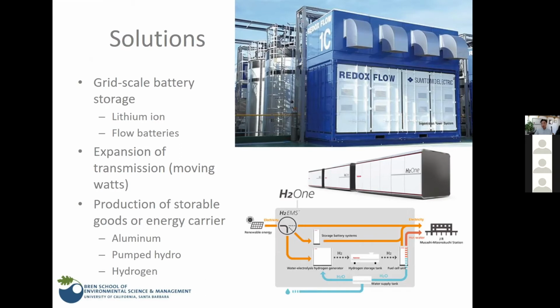Another strategy to solve this curtailment problem is to expand the transmission lines. So that is basically about moving watts. When there is excess electricity, we transmit it to other neighboring grid authorities by expanding the transmission lines. Another approach is to use the excess electricity to produce some storable or durable goods or energy carrier, so that